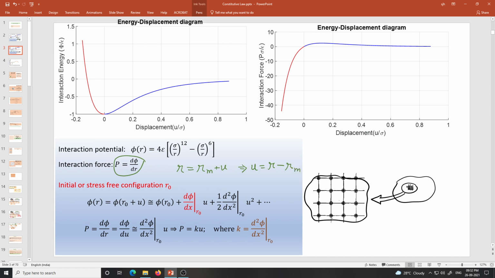And if we try to approximate this interaction potential at any distance away from the equilibrium configuration, then we all know that if we expand using the Taylor series, we get this kind of series